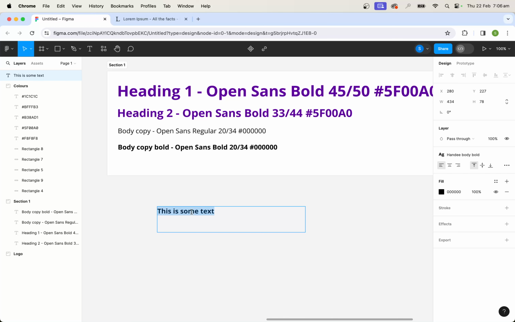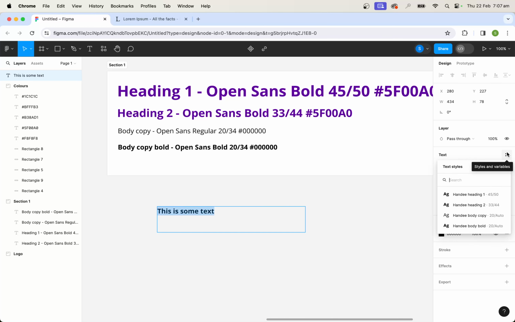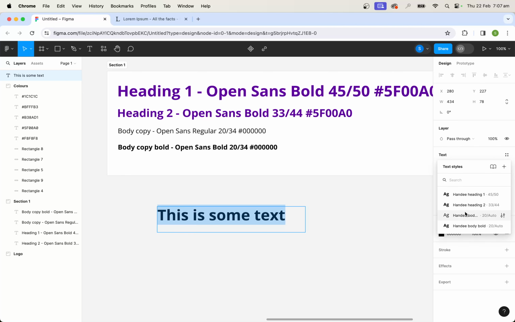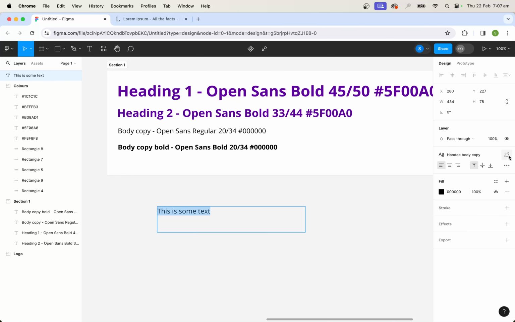So with some text selected, I can currently remembered that last style. I'm just going to deselect it there. With some text selected, I can come up to my styles and variables button, and I can just select any of the styles that I've made. Once it's applied, I can deselect it, and I could add a new style to it. So that's text and